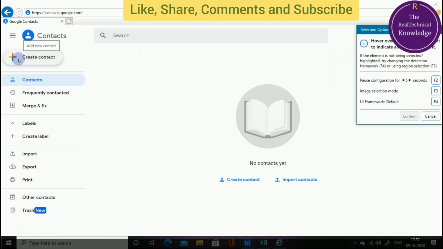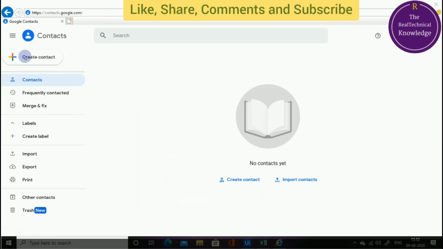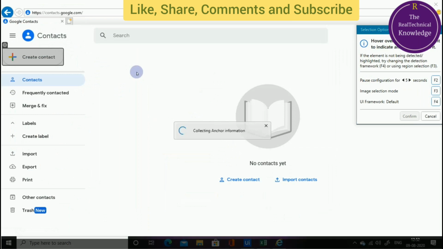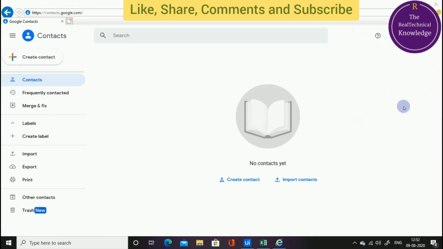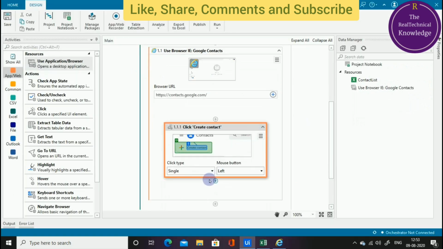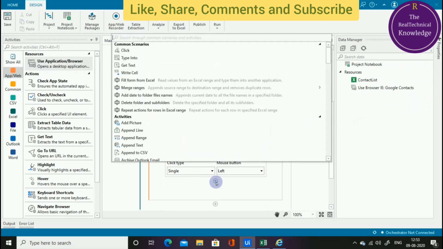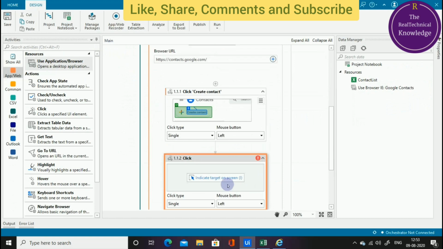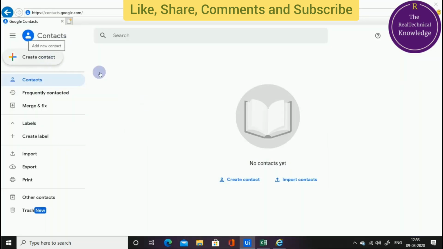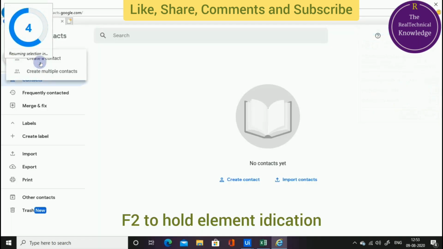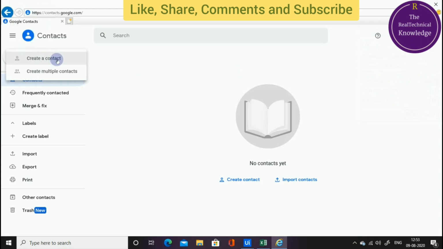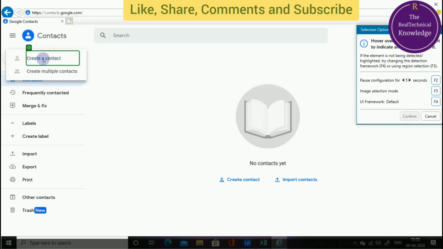Now we need to pull the click activity from the web and app card of Studio X. After pulling that click activity, we need to indicate the element, like Create contact, from the website. After Create contact, we need to pull another click activity, because under Create contact we have a Create a contact element that we need to click.